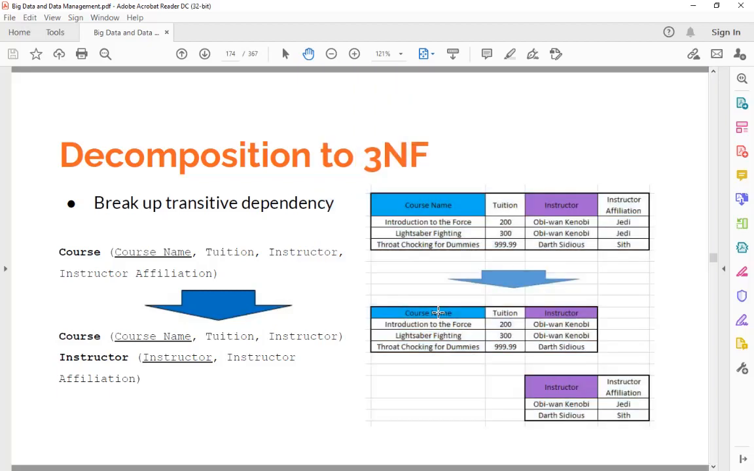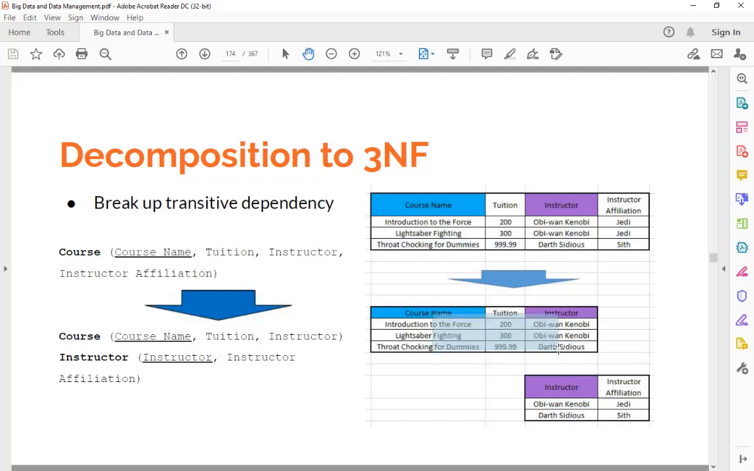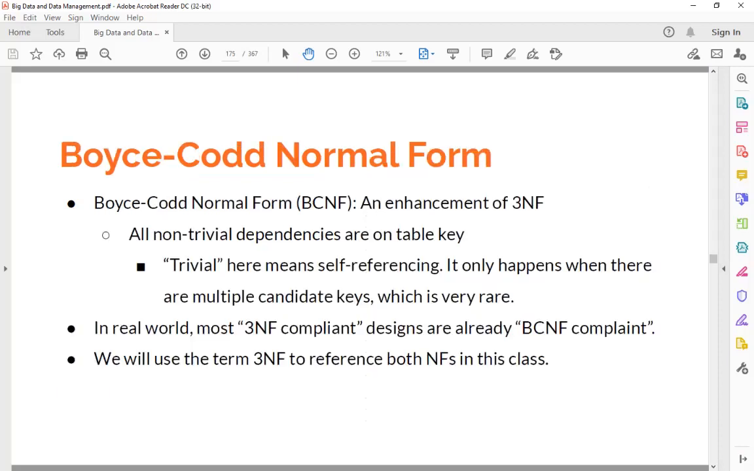So now you have two relations. One relation is the instructor, another is a course relation. And you need to have the instructor column in the course relation, because the instructor attribute has a dependency on course name. Don't lose it when you move the transitive dependency. Okay, so